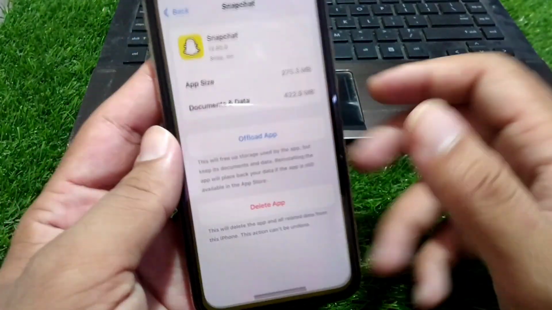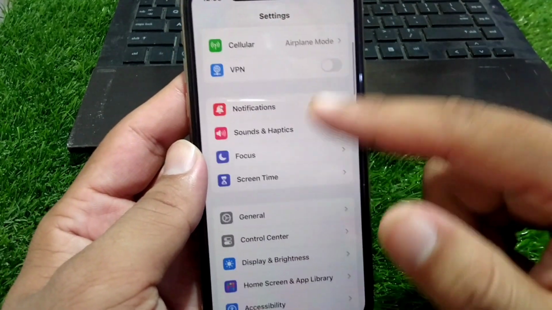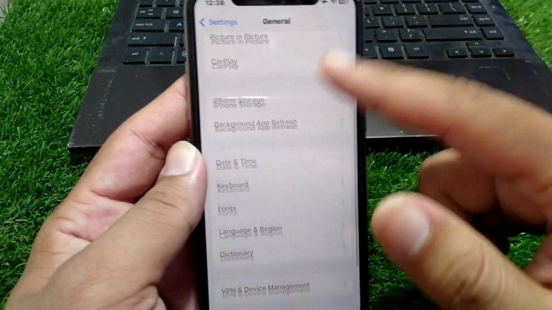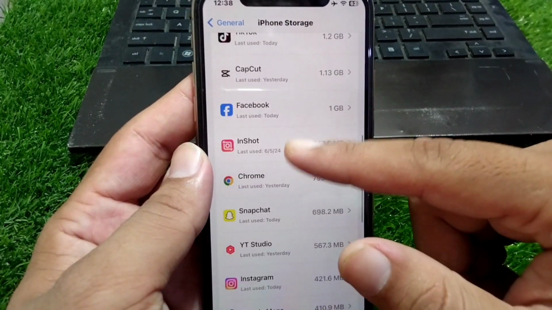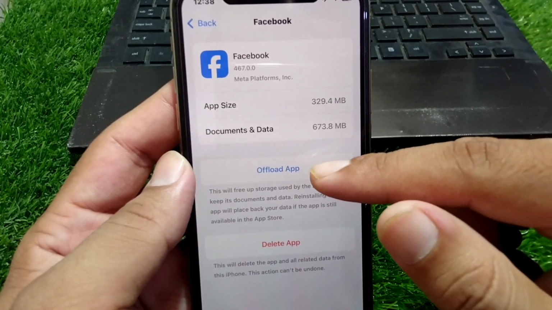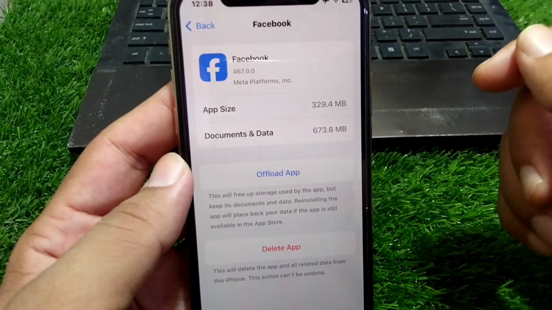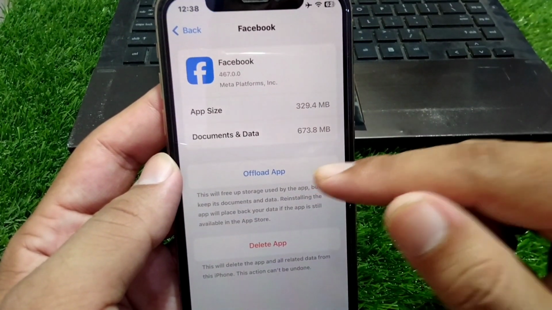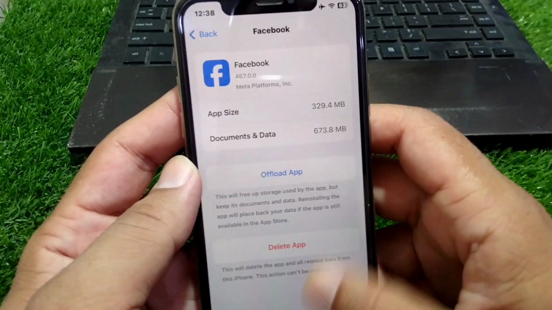then open your settings and search here for General and tap on General, and scroll below and go to iPhone Storage. Scroll below and open your Facebook from here and offload your Facebook app one time from here. So I simply tap on Offload App from here, and after this reinstall your Facebook app again on your device from here as well. So guys, do this and check if the problem is fixed or not, and if the